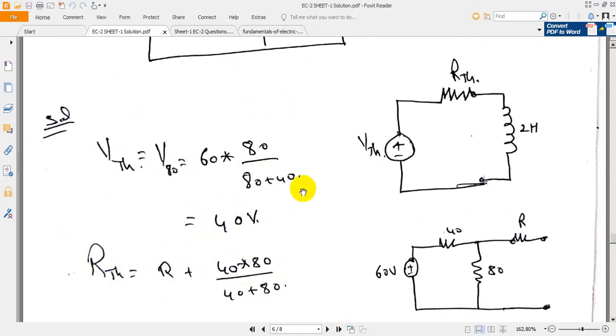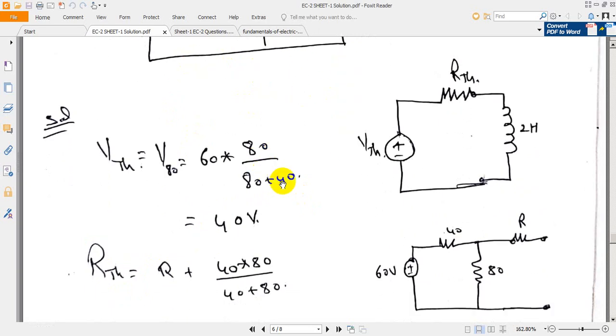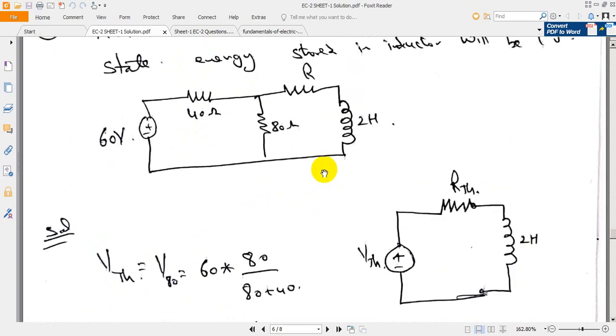Now let us calculate R Thevenin. For calculation of R Thevenin across this inductor, R Thevenin across this inductor will be what? Have you understood? Let me explain it again. We are representing this whole circuit with reference to the RL circuit, right? It means when we want to represent this whole circuit